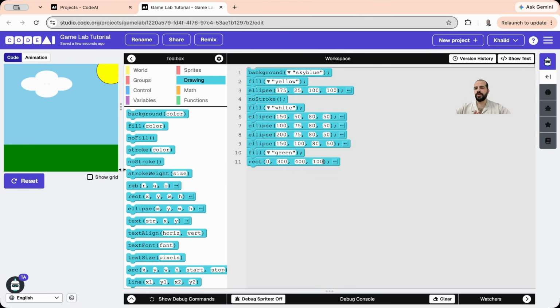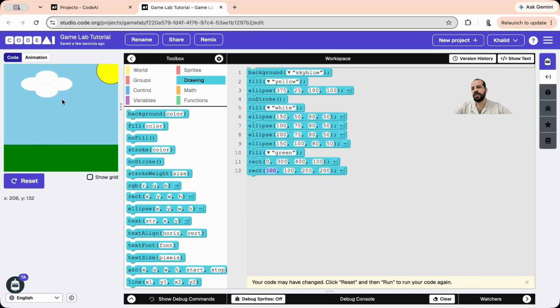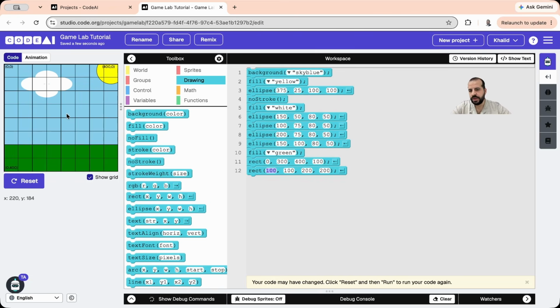As you see, I'm thinking in layers. I have the background, the sun, the clouds, and the grass. Now I want to add the building. To add the building, I'm going to add a rectangle. I'm going to make it in this area here that covers, for example, from this place, from 200 and 150,